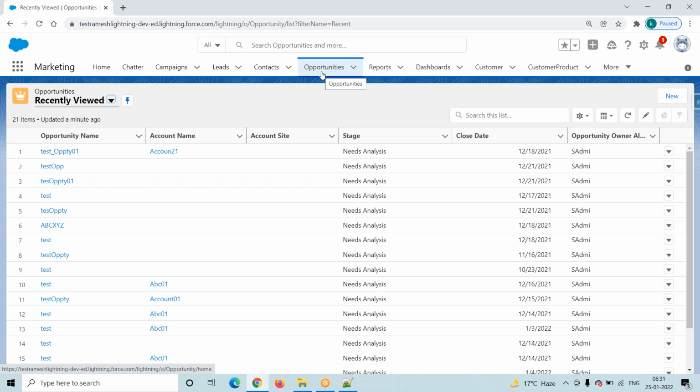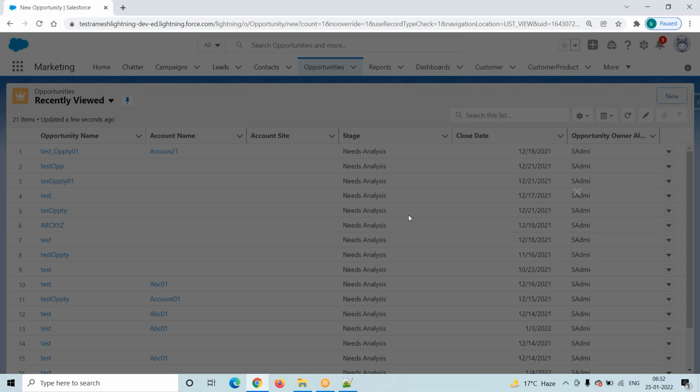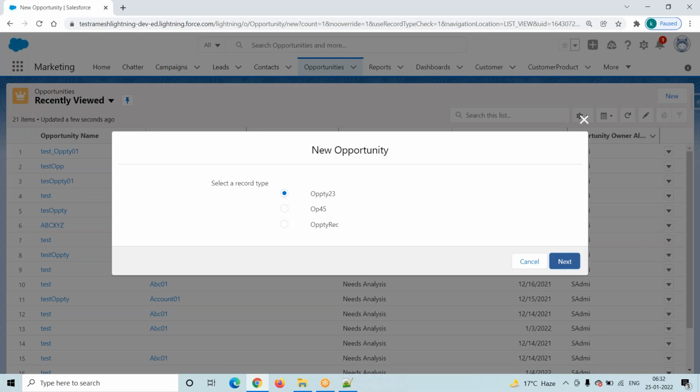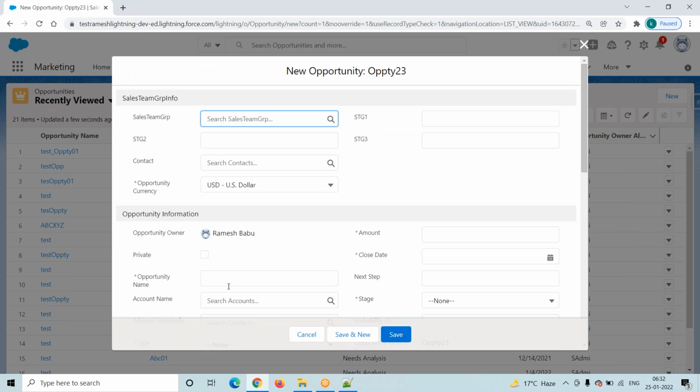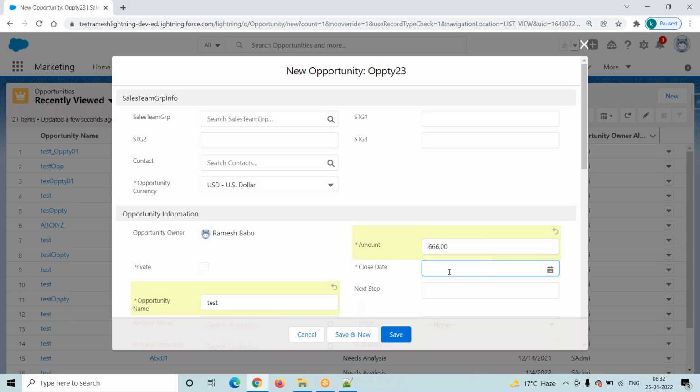Now we are working with the opportunity object. Opportunity is a standard object. My requirement is on existing records. Existing record means we are trying to update a record. Go to here. I am trying to create a new opportunity record and enter all the mandatory details: name, amount, close date,